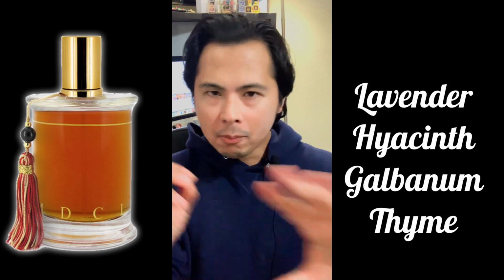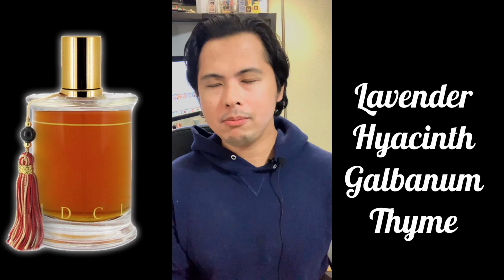Floral greens come in, and it's sort of like the contrast, guys, okay? Because really when you first smell this, first off, the soapy aldehydes come in, you're like, wow, aldehydes, and then labdanum, like I said, that really musky, ambery labdanum, slightly animalic actually, comes in, and then boom, you're gonna get the tangerines, and then you're gonna get the florals, that lavender, and the green galbanum. This opening is really crazy, guys, okay? And the moment you smell this, you will really know that you're wearing something complex. This ain't your average perfume. You know you're wearing something complex, something that will really take you through a journey, if you will, as you